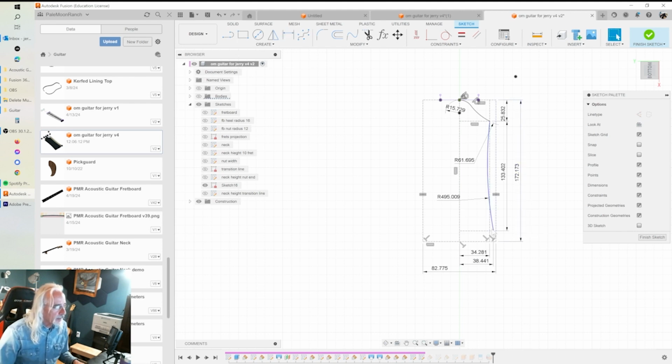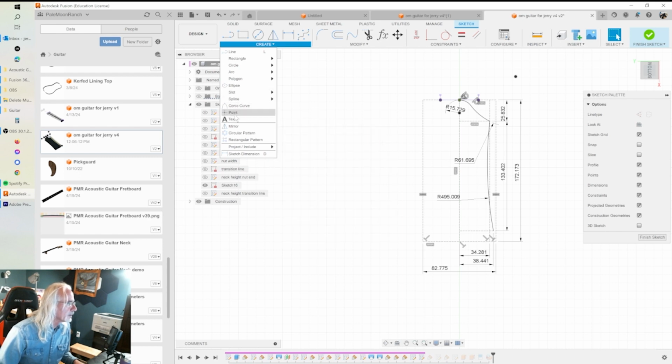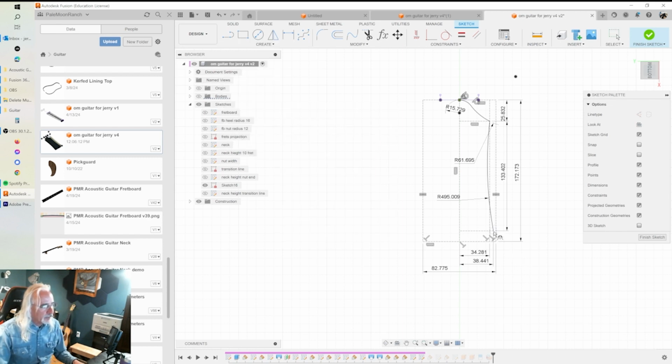And then he had a conic curve down here at the bottom to define the top geometry. So let's grab that conic curve, and that conic curve went from the end of that arc to the center point at the bottom, and it's anchored into this far outside corner like that. And honestly, I don't know what his radius was on this, but I don't want to set that. What I want to do is, and he didn't do this, and maybe he doesn't want to do this, but what I did was I came in with a tangency on this to make it a nice clean arc,